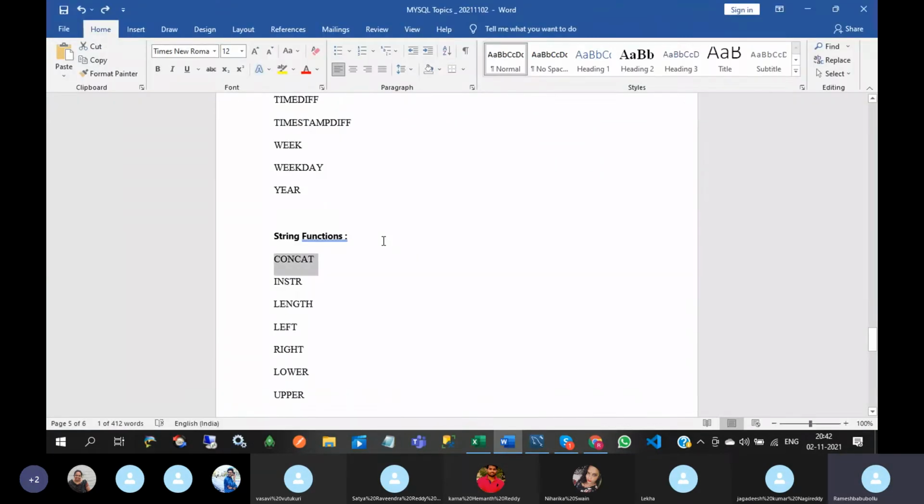So concatenate means string functions. Concatenate will join two or more strings into a single string.